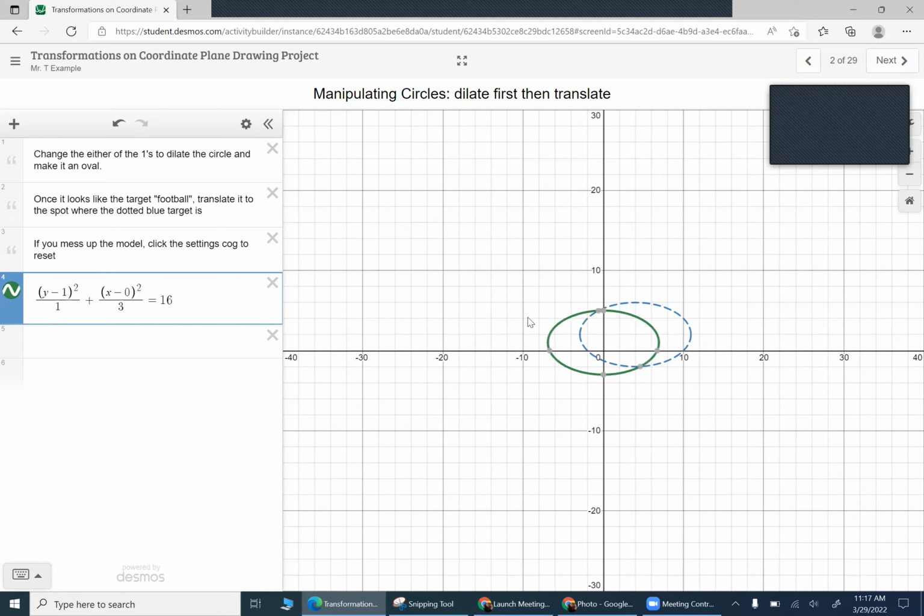It looks like it's up a little bit, maybe up 2. Yeah, that moved it up. And then this is to the right. I'm going to guess 3, not quite there. There we go. Perfect. So once again, our center of our new circle is 4, 2, because of what I'm subtracting from the x and what I'm subtracting from the y. And then I just kind of guessed. Oh, I didn't change the 16 at all. I just manipulated these two. I don't think I changed that. Anyway,